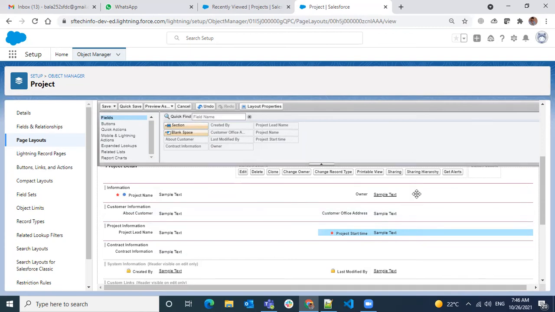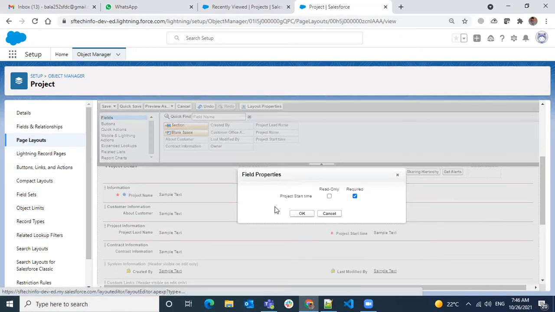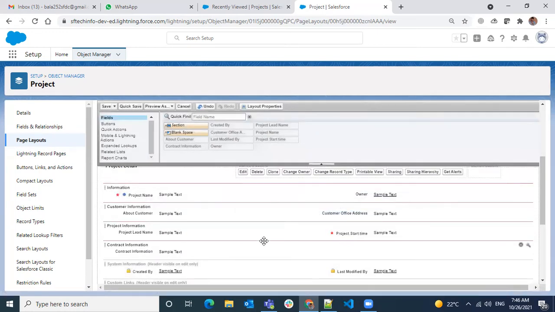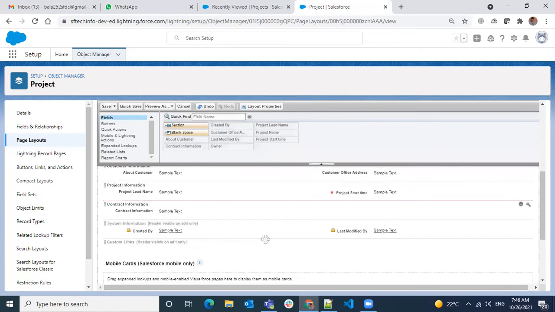If you're doing it from a backend, this will not work. When we're doing it on the page layout, it's completely a UI. If you're using the same UI, then only this page level required or read only setting works, only on the page level. Remember those. So we can make a field read only or required.